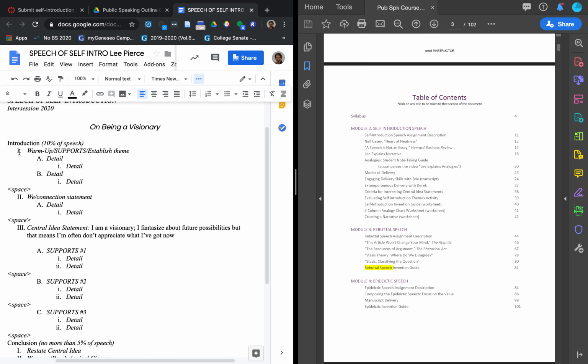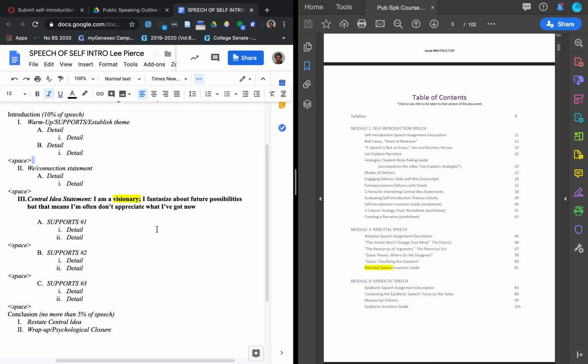You don't need to wordsmith the speech of self-introduction to death. At the end of the day, this template is going to become a set of note cards, and the note cards are going to be very sparse. There's just going to be a few keywords on them, and you're going to use those keywords to recreate whole chunks of the speech. So we don't need to wordsmith the speech to death, since you're not going to memorize it and you won't have the script in front of you. But if there is one sentence that you're going to want to memorize and really wordsmith, it's the central idea,